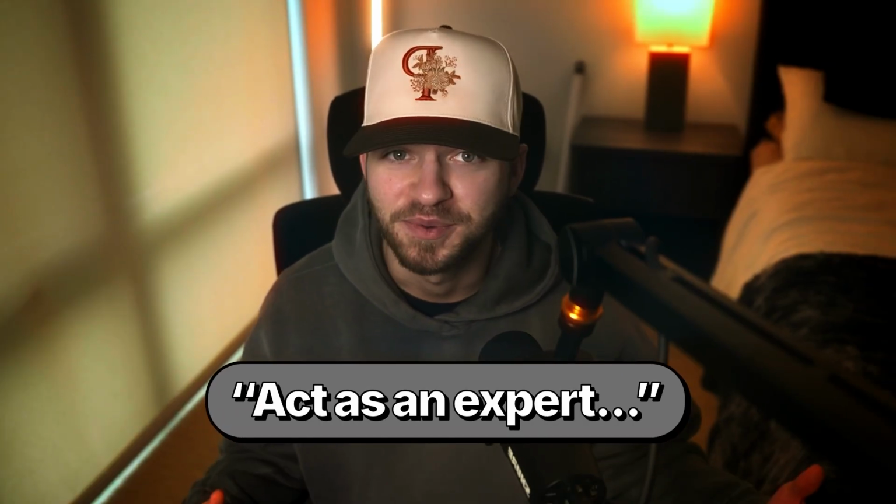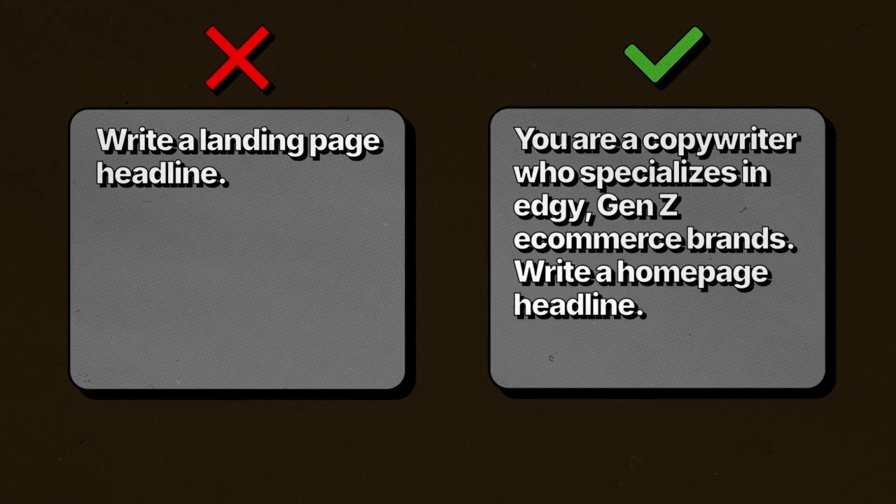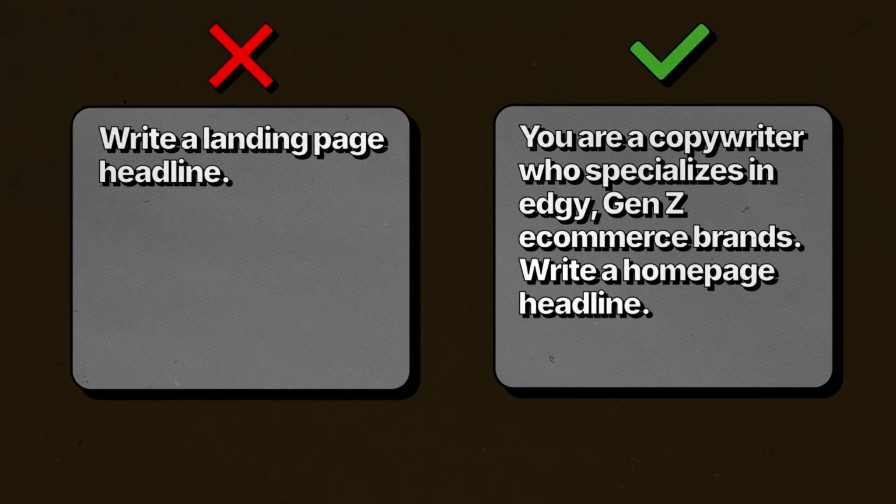And this is where most people stop learning prompt engineering. They learn to say, act as an expert, and think that's the whole game. But the role you assign the model does matter a lot. Just look at the difference between these 2 prompts. You see how the second one shifts tone, structure, and clarity of the actual output? It instantly changes the way the model thinks and writes. And you can be as specific as you need for whatever you're trying to accomplish.